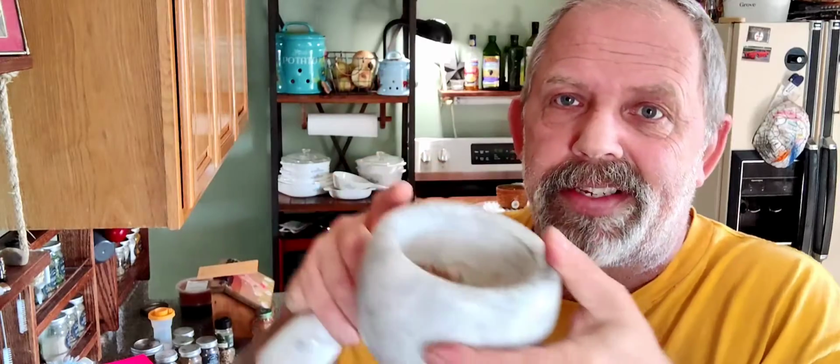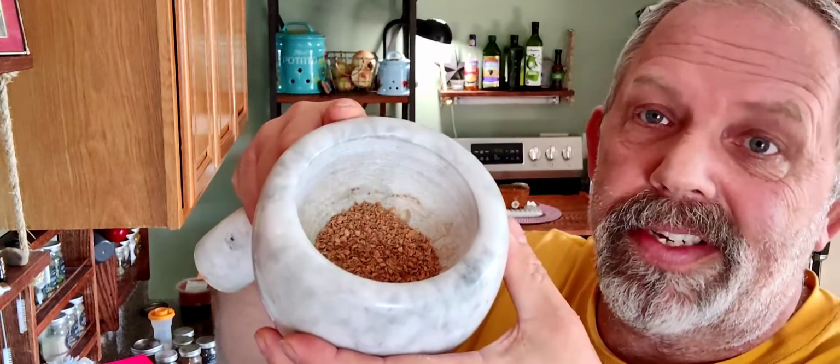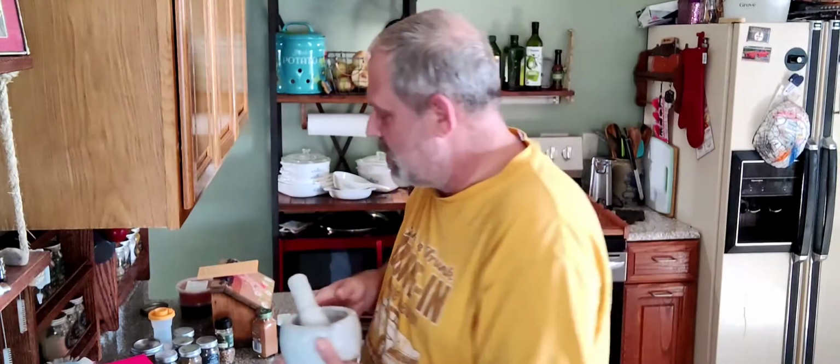They can get horribly expensive to purchase, but for the most part they're not. And you just simply stick your seeds in there. As a matter of fact, I've got some coriander seeds in there. And all you have to do, literally, is just sit here and grind it up. And I honestly find that therapeutic, to just sit here and grind. You know, the sound is kind of cool. It's very crunchy. You get to hear all that good stuff. But that's it. Those are the 3 options you have